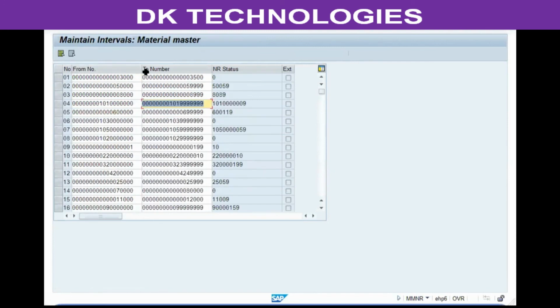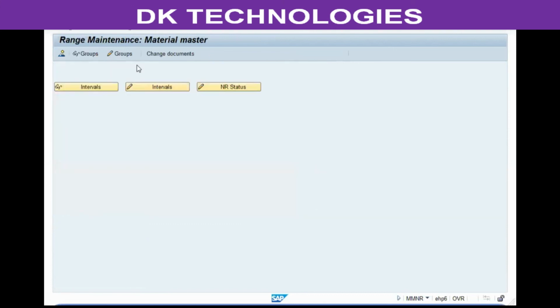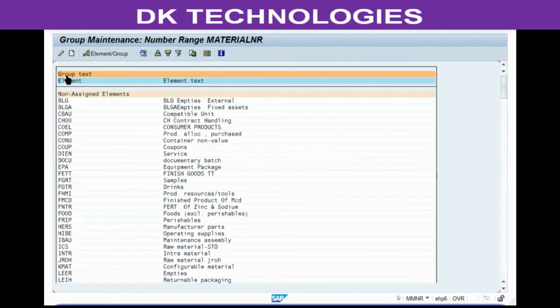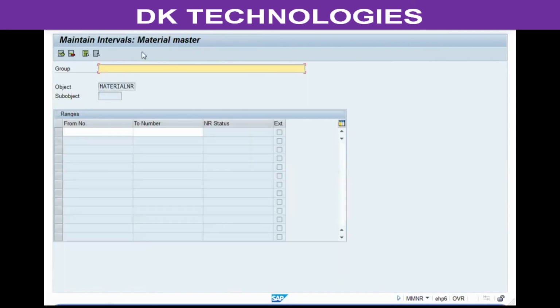Now to create a new number range, go to groups maintain, click on this option, then click on group create, enter a code to identify the text to identify the number range. So number range for raw material, enter a range of 1000 numbers,